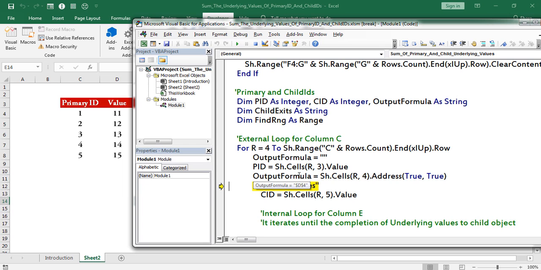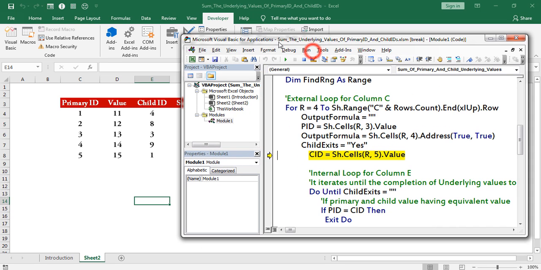I saved address as D4. For each and every primary, child exists, hence I mentioned child exists as S. Thereafter, I stored the child value into the variable of CID.